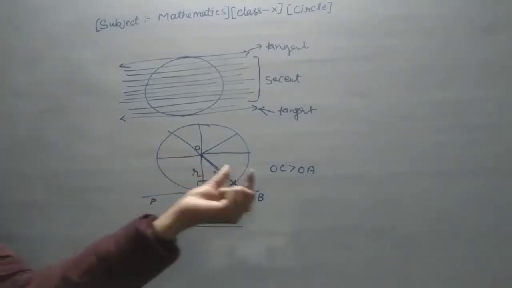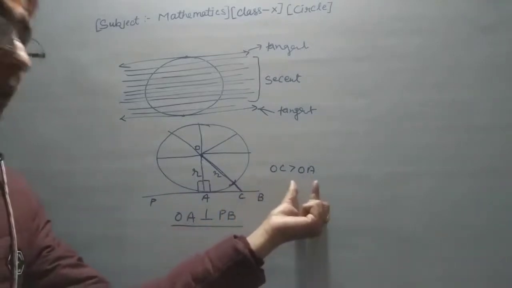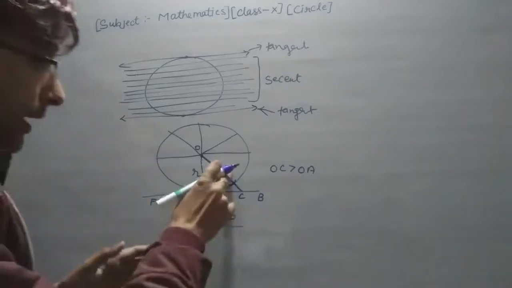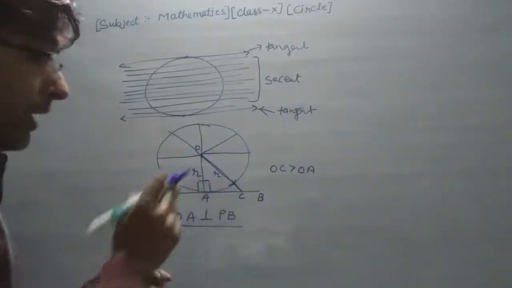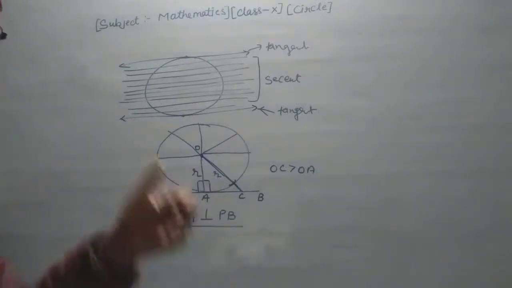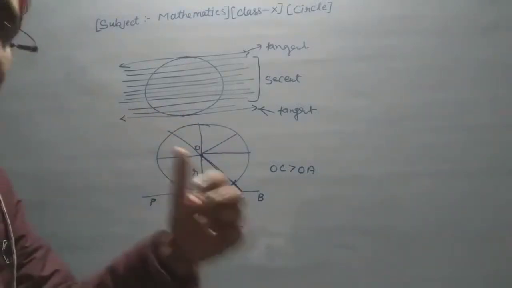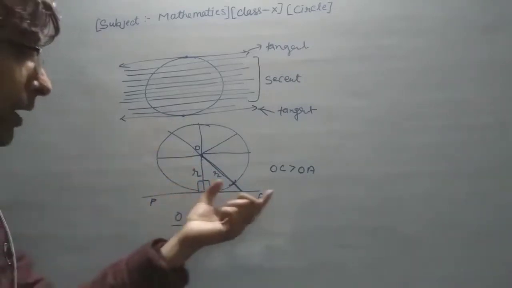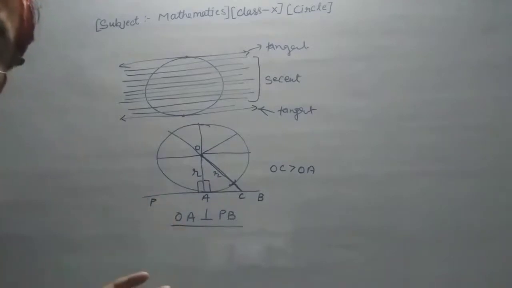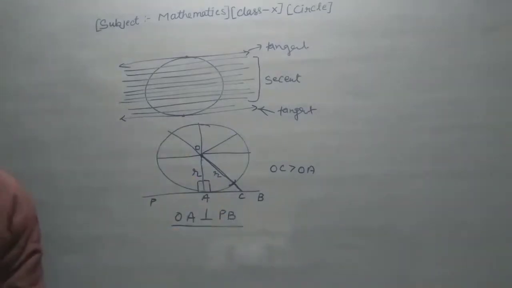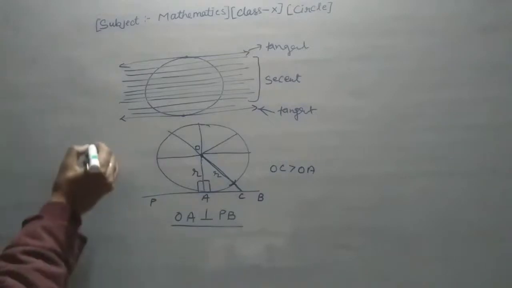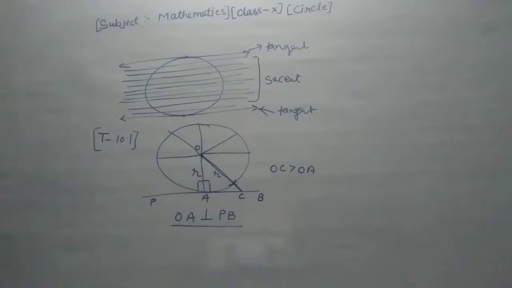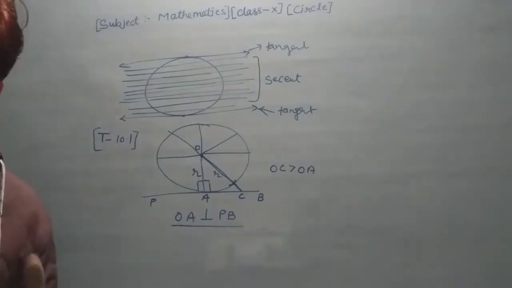So that means this is the concept we have. OC is greater than OA. तो that means इस साइड OC के ठीक सामने वाला जो एंगल है, that is a 90 angle with the help of a rectangle property. That's why we have to say कि OA is perpendicular on PB. Do you understand? So this is a basic concept and the proof of theorem number 10.1. Okay, do you understand how to prove this theorem?